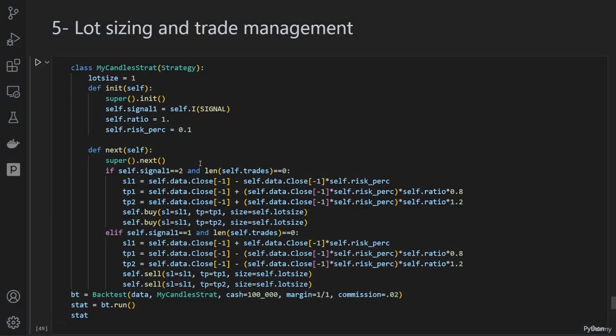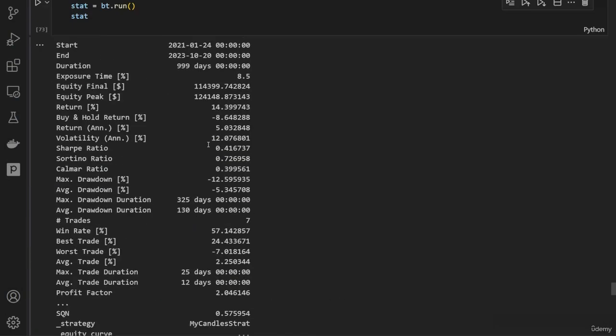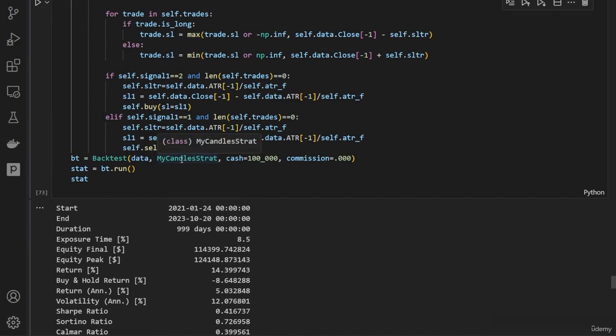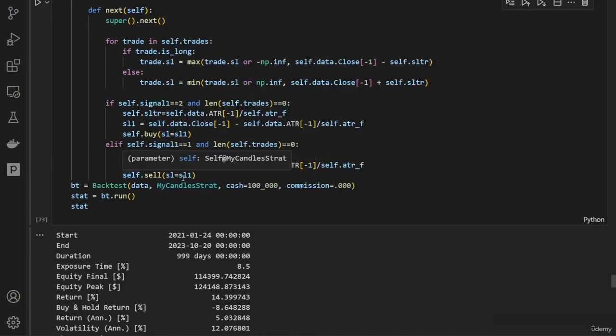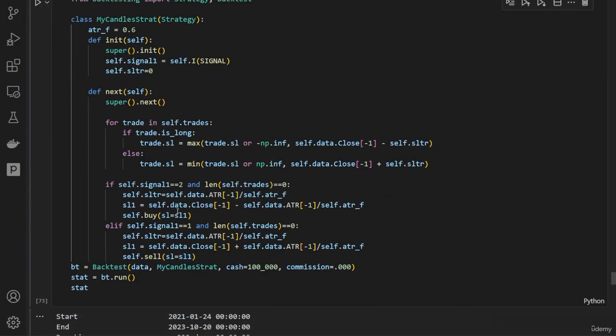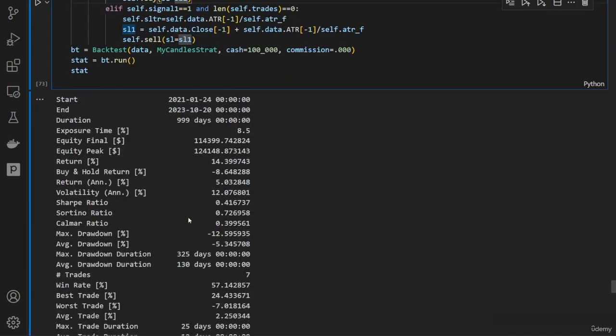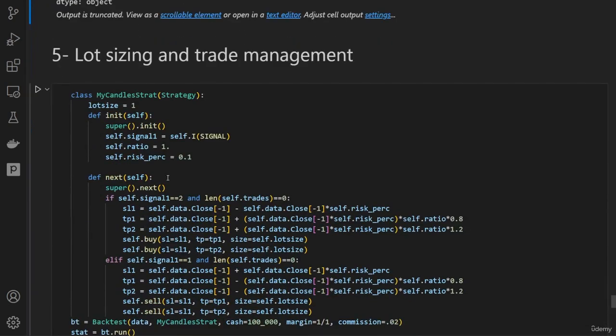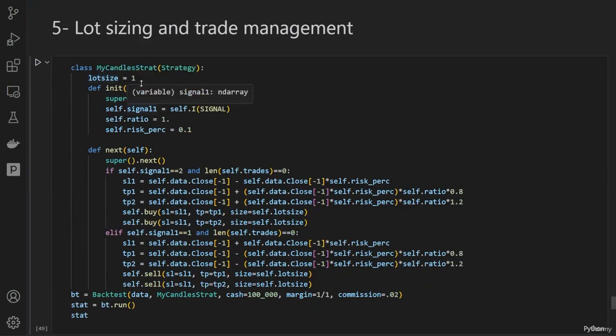Okay, now let's talk a bit about the lot sizing and trade management. So far, we haven't specified any lot size, if you notice. When we are opening a sell position or a buying position, we never put the size of the lot. Now we're starting to put the lot size, and in backtesting.py, you put a number that's below 1, so let's